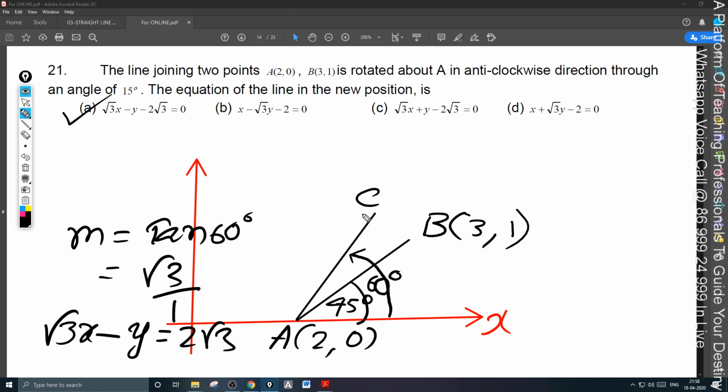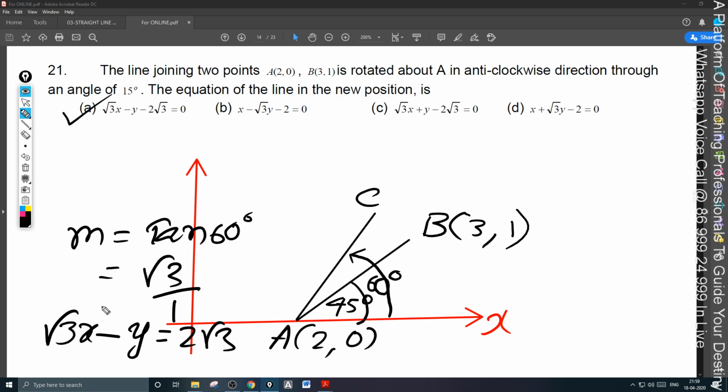It is rotated through some angle, 15 degrees, and hence the total angle will be 60 degrees. 60 degrees is the angle made by the line AC with the positive x-axis, and hence the slope is tan 60. Tan 60 is nothing but root 3, and hence the slope of the line AC is root 3 by 1,